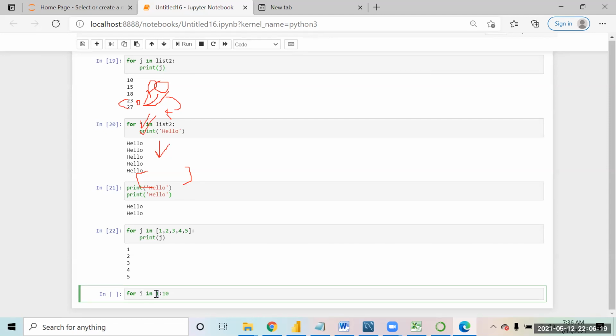So what will happen is that you will just have to write it once and the multiplication will keep on happening 10 times, right? Because you want the loop to run 10 times. 1, 2, 3, and every time the loop runs, you are saying 5 into 1, 5 into 2, 5 into 3. So that is the use case of a loop. This list is required to define how many times you want to run it.